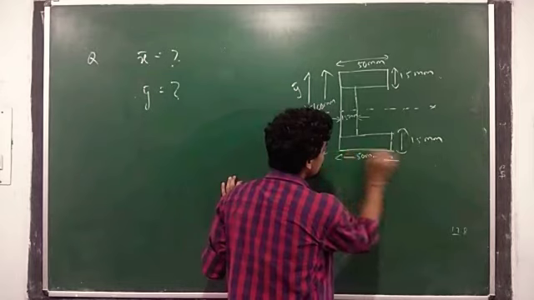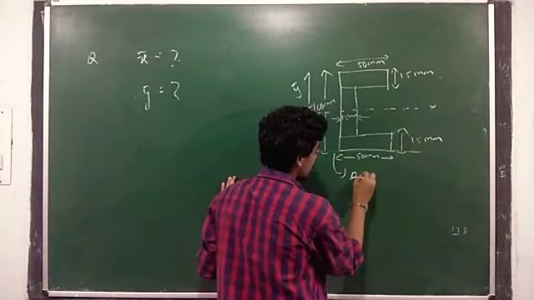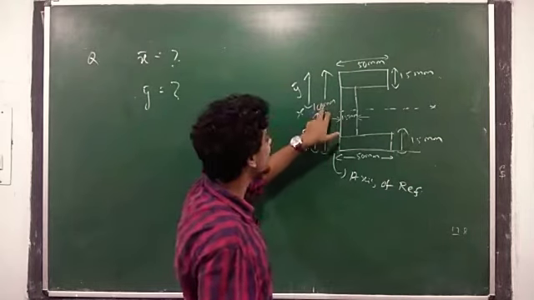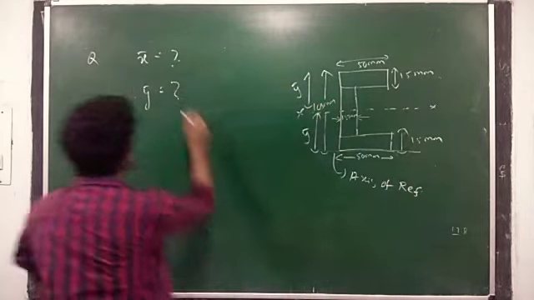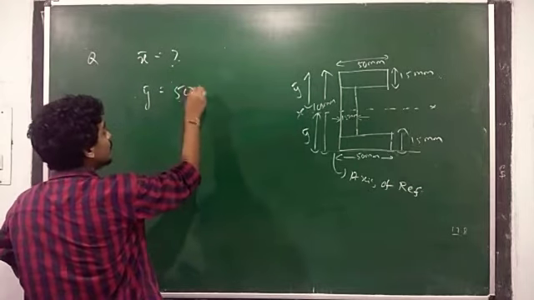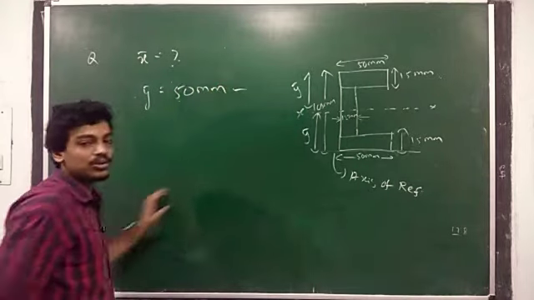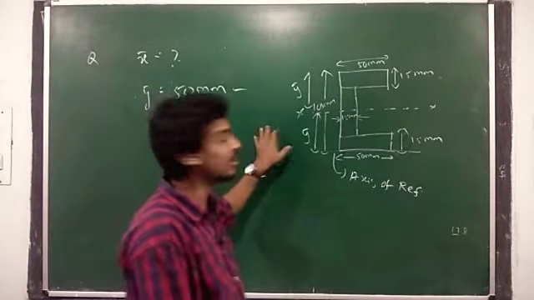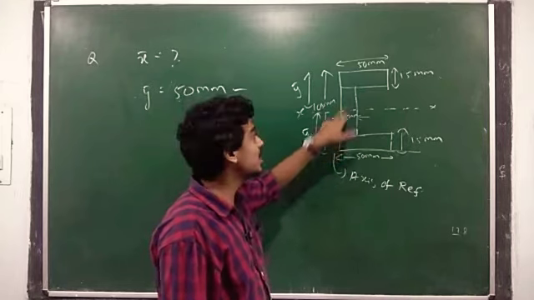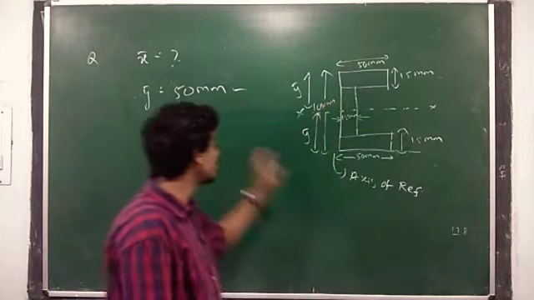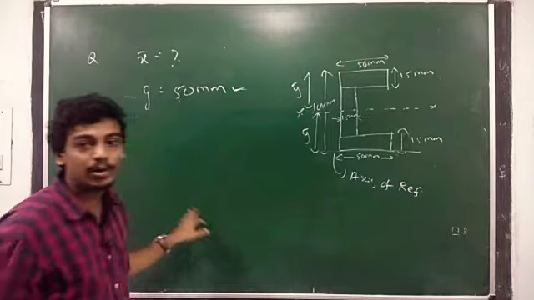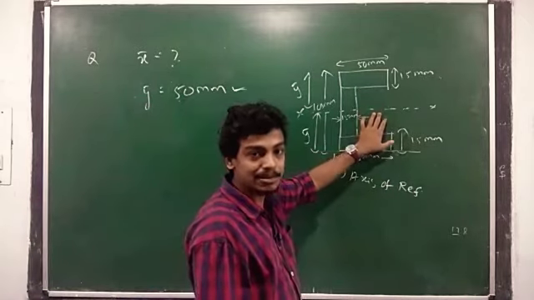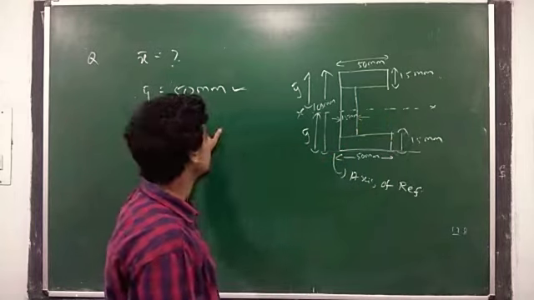So this is our axis of reference. The total length is 100 mm, so y bar will directly be 50 mm. No need to calculate. If you want to cross check this value, you can calculate using the formula a1 y1 plus a2 y2 plus a3 y3 by total area. It will come to about 50 mm, but no need to calculate. If the section is symmetric about the x axis, y bar will be just half of the total length.